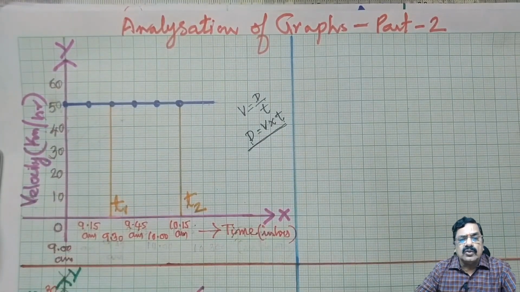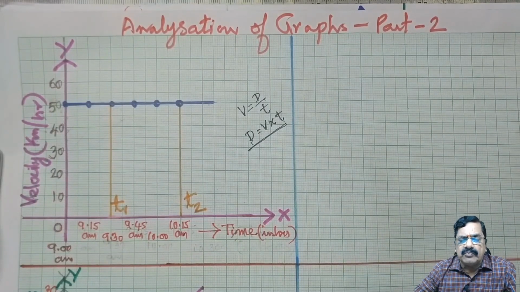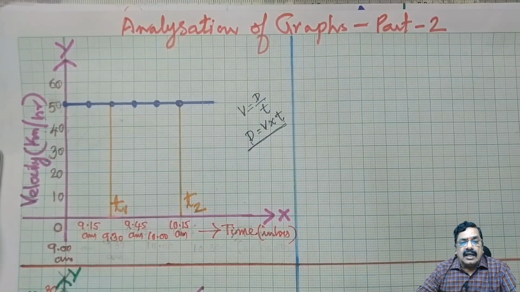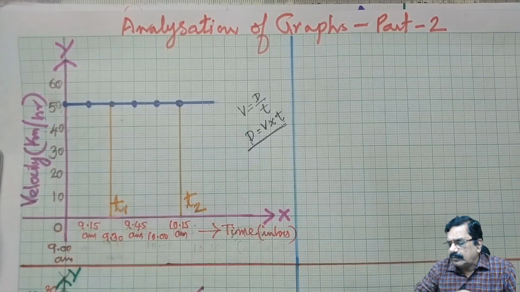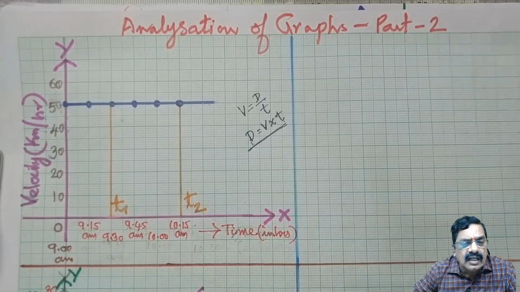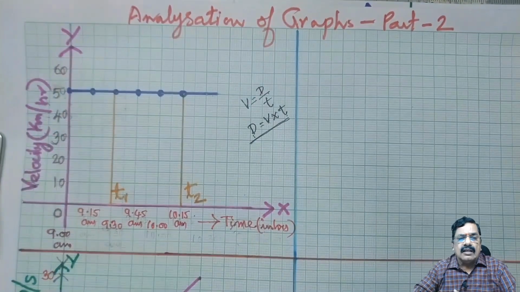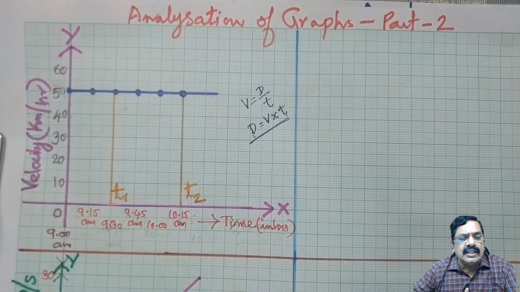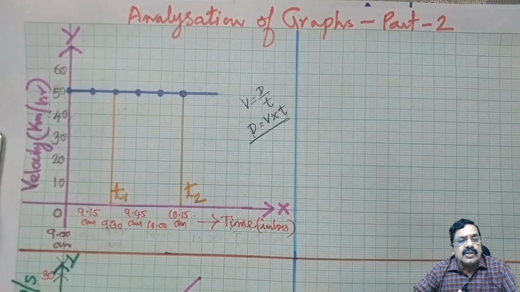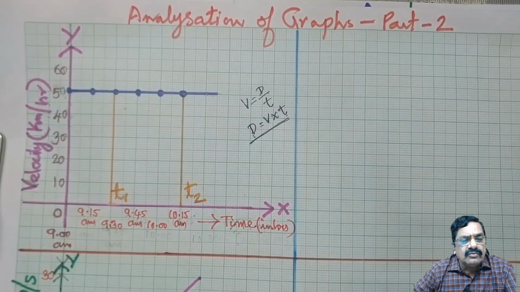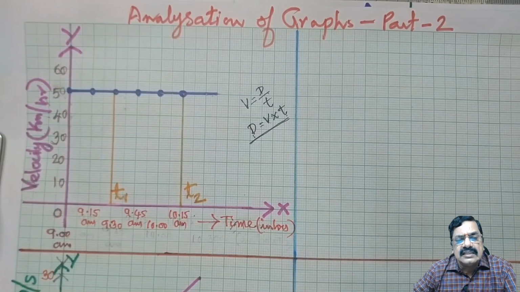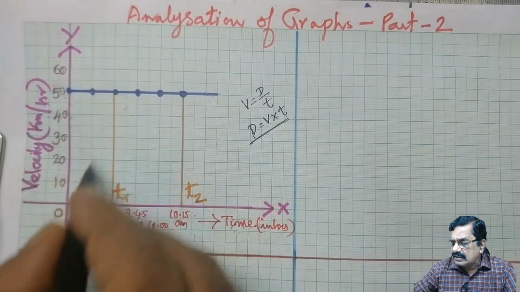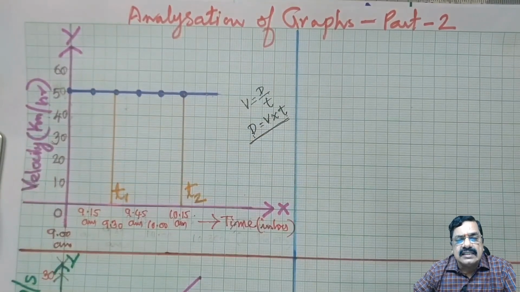Now, we are going to do one simple numerical problem based on this concept, but I will tell you how they will ask the question, based on whatever I have explained now. They will give this graph and they will ask how the distance is calculated from the velocity time graph. You have to tell that the product of velocity and time, that means the area under the velocity time graph. This area gives us the distance, you have to tell.